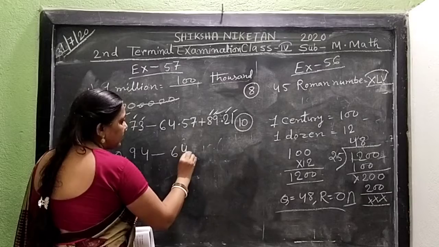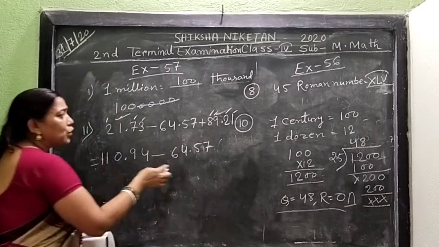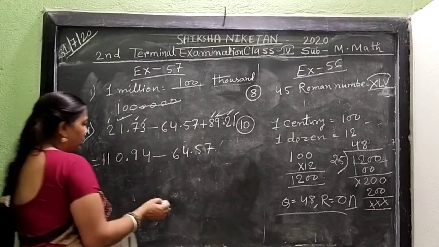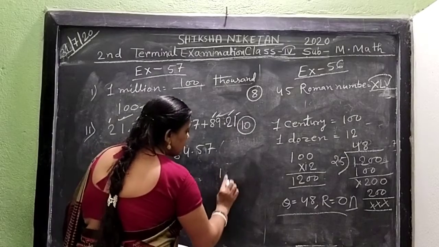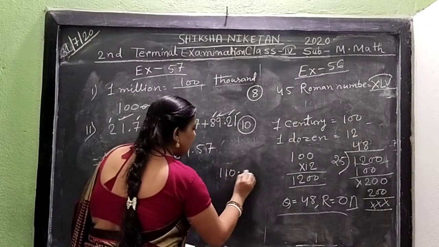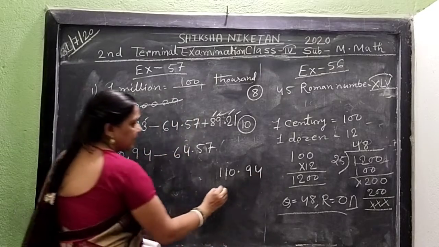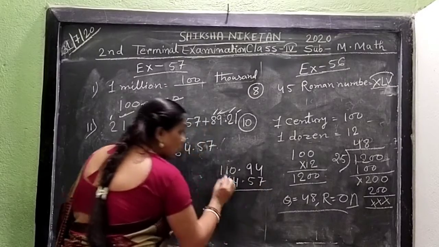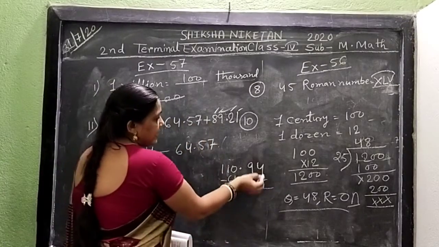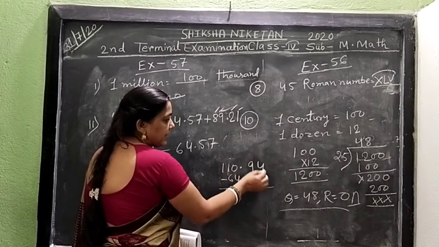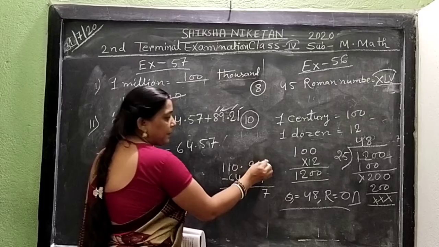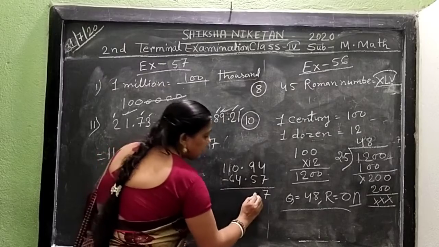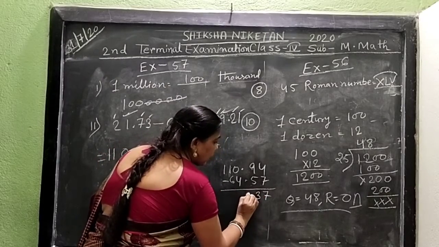Subtract 64 decimal 57. If you don't do this mentally, then you take rough work here. Okay, I saw one more in rough. 110 decimal 94. I saw rough. 64 decimal 57. I saw rough of subtract, not add. We subtract 7 from 4. 4 became 14. 7 from 14, answer is 7. 9 gave carrying over 1, so 9 became 8. We subtract 5 from 8. Answer is 3. Put the symbol of decimal.